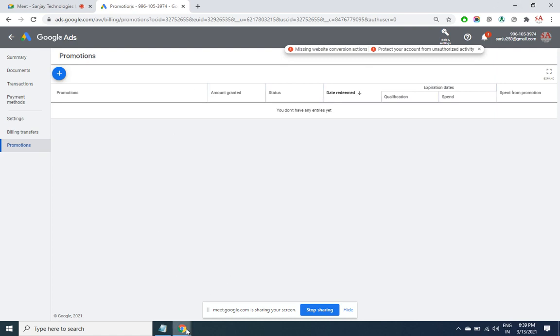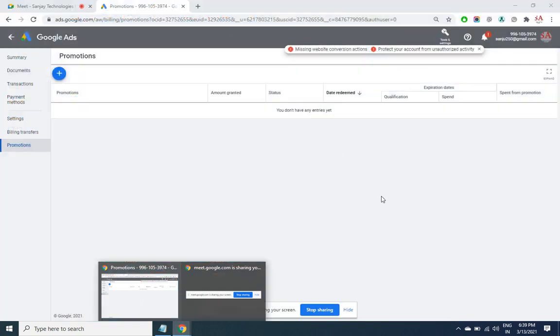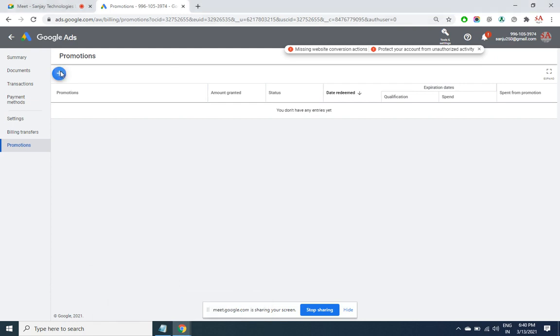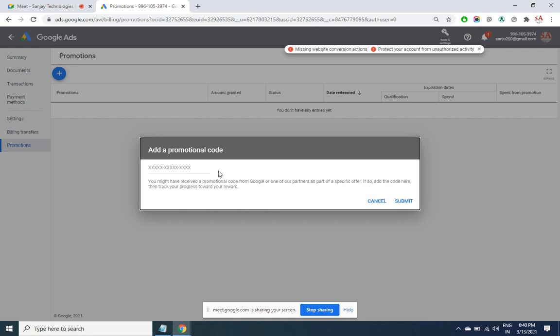So the promo code, I have already given you the URL. Just go into google.com and search with AdWords promotional offer. Through that URL, when you go, it will be asking for the email ID. You give the email ID, you'll get some 14 characters code. Just enter the code in this place and that's it. You get 2,000 rupees credit immediately. But to redeem that, you would require 2,000 rupees cash spent. Okay.